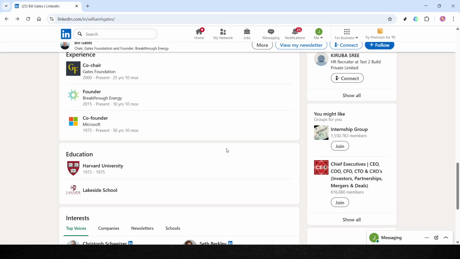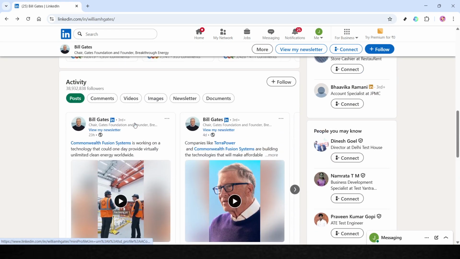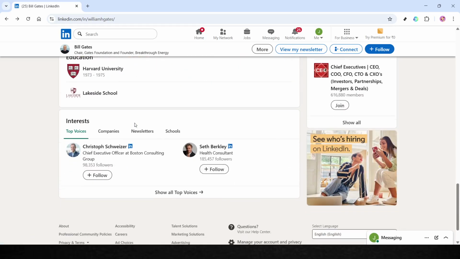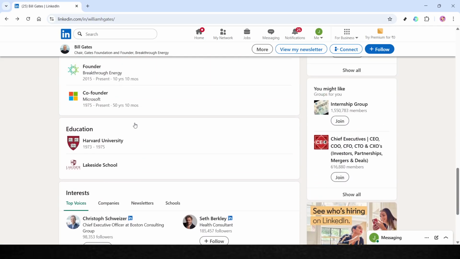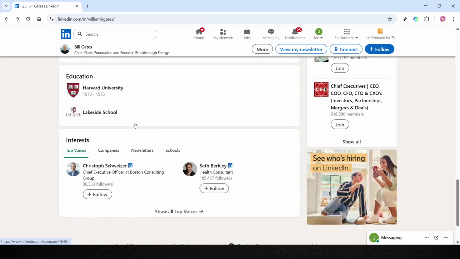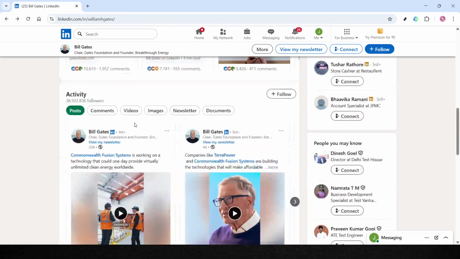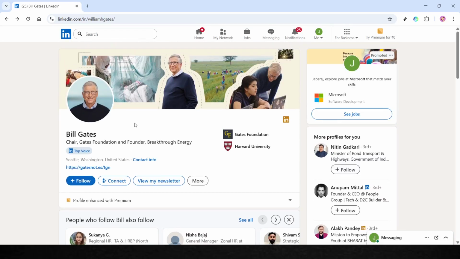Another thing to keep in mind is the "Who viewed your profile" section. Generally, LinkedIn allows users to see who's checking out their profile. However, if you're blocked, your visits to their profile page are not recorded in this section on their profile. This absence from their viewer list simply means that they won't know you visited their profile, and you're effectively invisible to them. By following these steps and understanding these signs, you can determine whether or not someone has blocked you